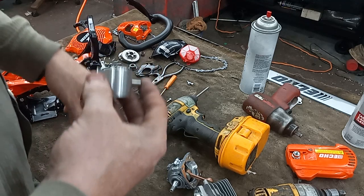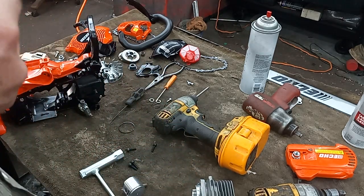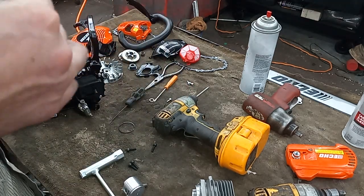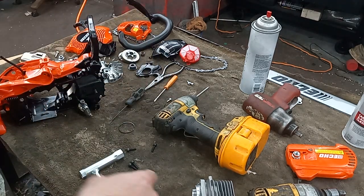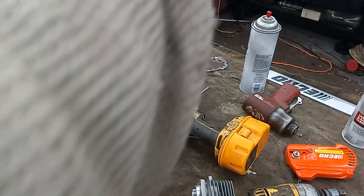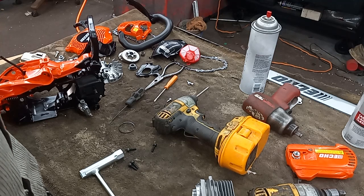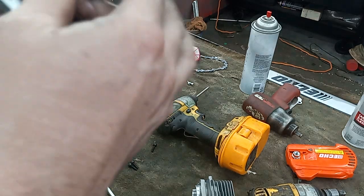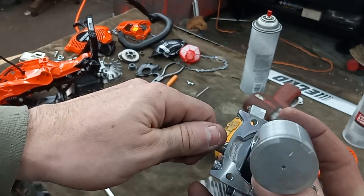I'll show you on this crankcase too. This does have two little shims that go on each side. A lot of Echoes seem to have little washers. Make sure you put your piston on the right way, or that could go bad for you. I didn't push it all the way in there. But where I cut that case out,